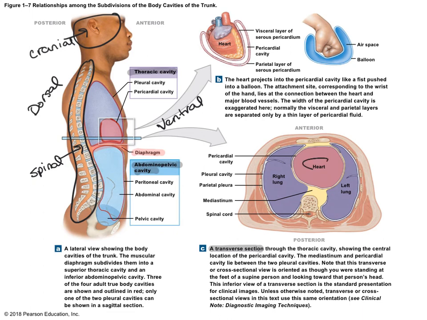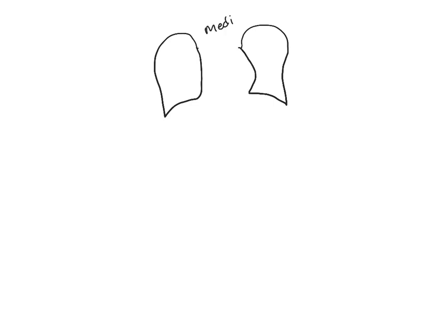We have the heart, which is in the middle, and then there's 2 lungs. There's a right lung and then there's a left lung. Let's take a look at a drawing here of the thoracic cavity. So first we have the 2 lungs, and then we have a space in between those 2 lungs, and that space is called the mediastinum. The mediastinum is the space that contains the heart and the trachea or windpipe and a gland that's called the